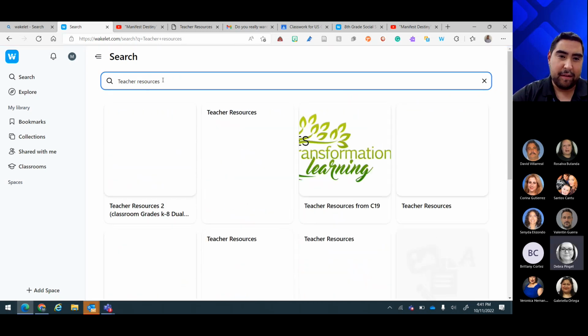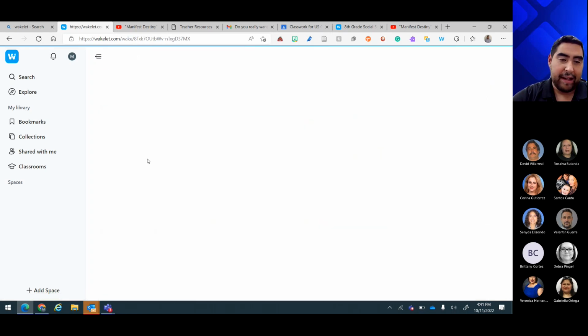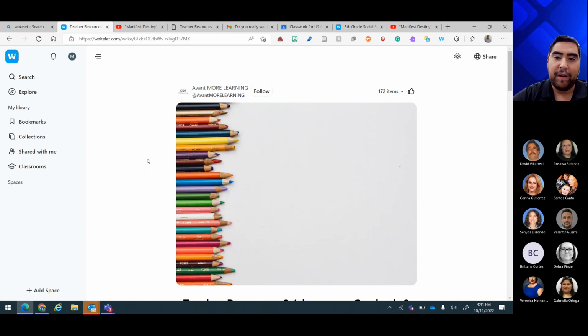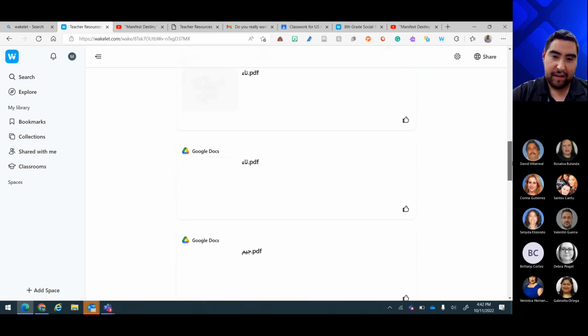and you want to, I'm looking up collections of teacher resources, like right here, teacher resources, classroom K-8, and I guess this is going to be dual language. I could click here and I can create my own Wakelet and then I can share it with colleagues. It doesn't have to be for assignments. It's just a really good way of